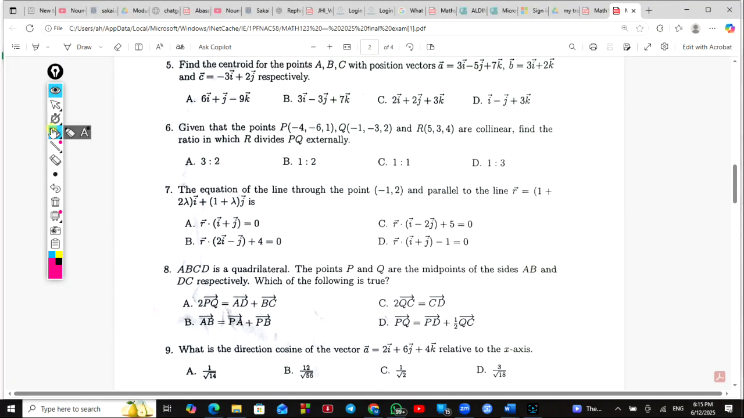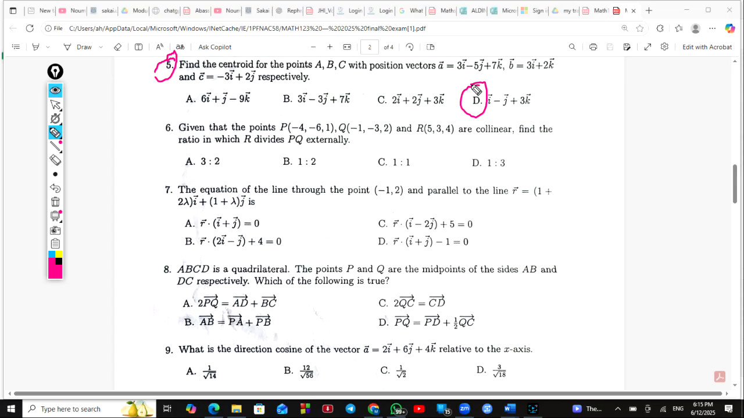So in the previous video we solved question 5, and we solved 1 to 5, and the final answer to question 5 was D, i minus j plus 3k. So in this video we will continue